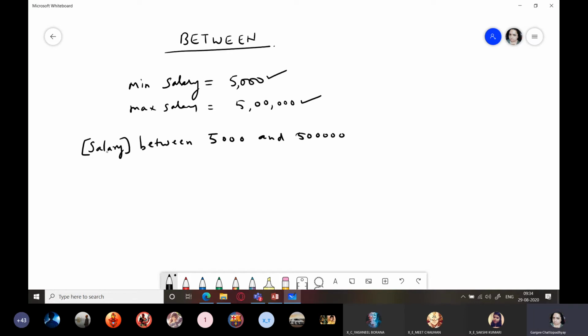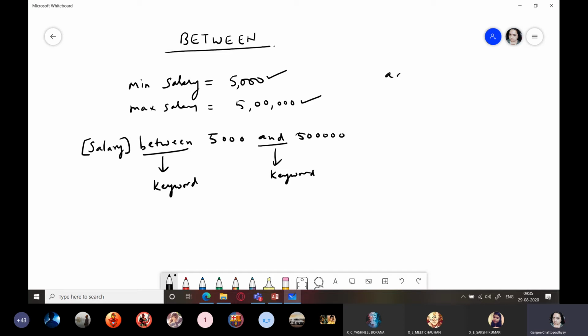So salary between 5,000 and 5 lakh. So this between is a keyword and 'and' is a keyword, that is a reserved word. Okay. So here you can say that salary should be between 5,000 and 5 lakh.